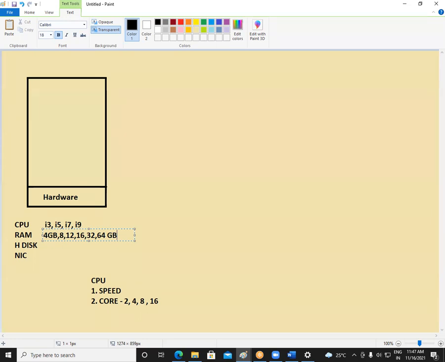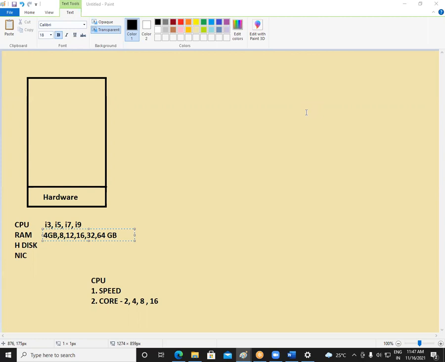So in a company, if there are 1000 computers, every computer has memory, a hard disk, and a CPU for sure. So can I take 32 GB RAM in each and every computer, or can I go with 4 GB RAM in each? This is what we need to decide as an administrator. We simply cannot take 4 GB in every computer, and we cannot take 32 GB in every computer. There are certain people in a company for whom 4 GB is more than enough, some who need 8 GB, and some for whom we have to take 32 GB RAM.